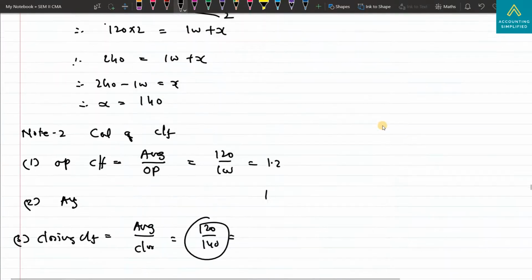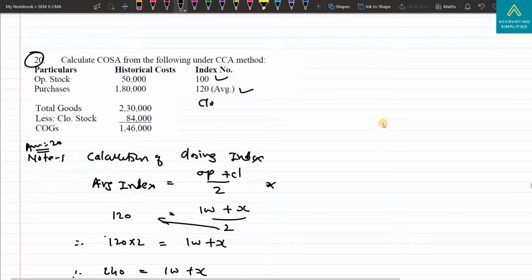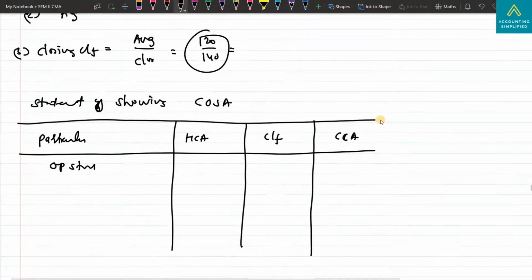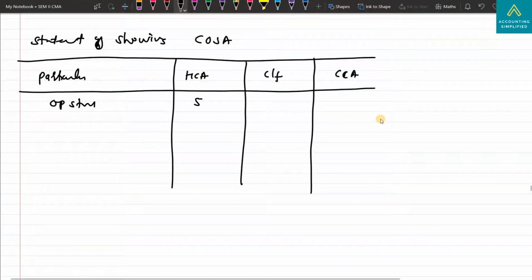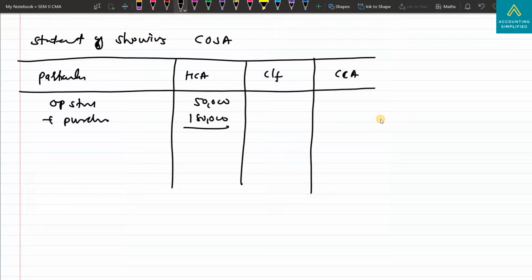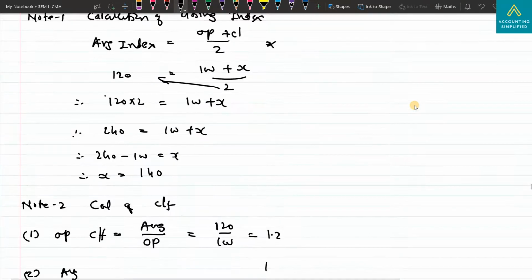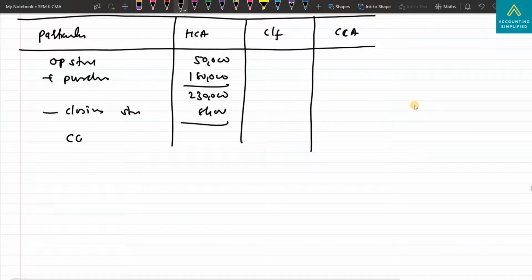So what is given? Opening stock, purchase, closing stock, COGS, everything is given. So we'll write the same thing: 50,000 plus purchase 1,80,000, so total 2,30,000 minus closing stock. Closing stock is 84,000, right? So COGS is 1,46,000. Conversion factor